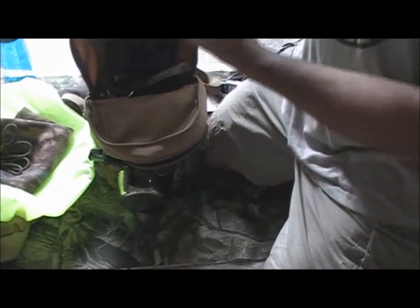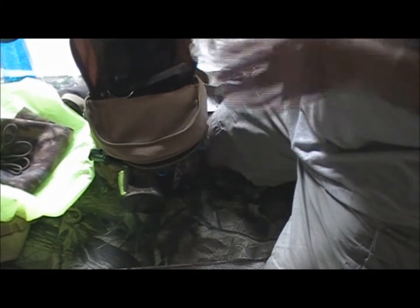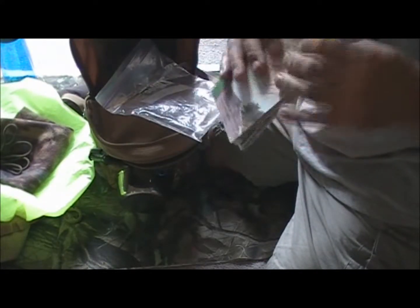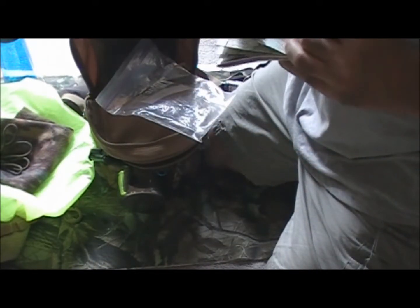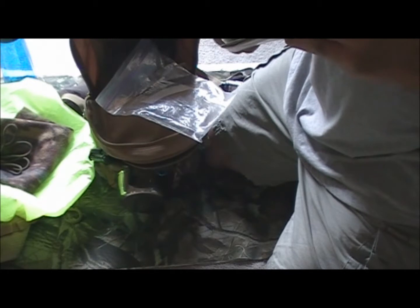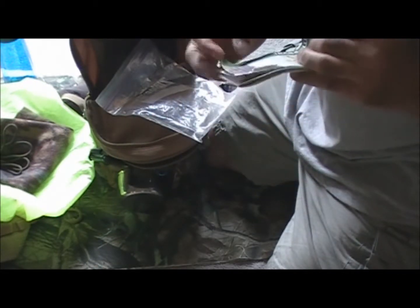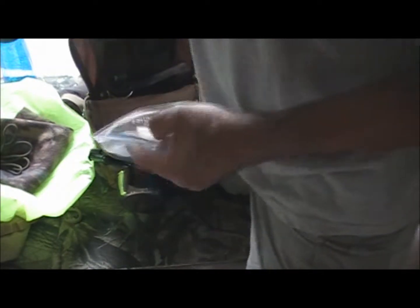This is a National Geographic map. It's an extremely detailed map. I have it in the bag, but it is a water resistant map, and it's also tear resistant. It's made out of some sort of a plastic material or a plasticized paper. I tested it on one corner. It will tear, but it's extremely durable. And this is a very detailed map of several of the trails in my area, which also includes on the map